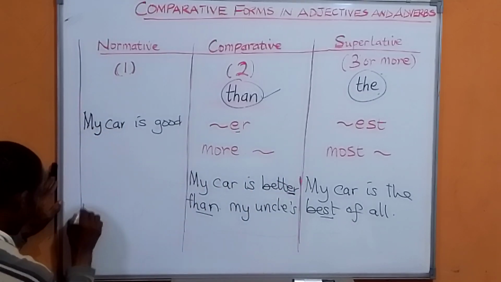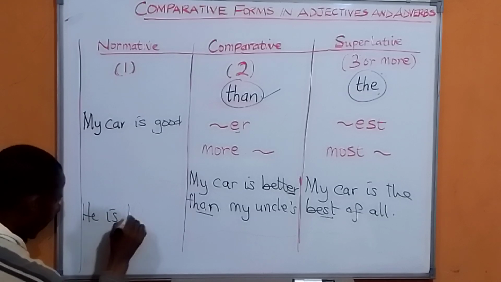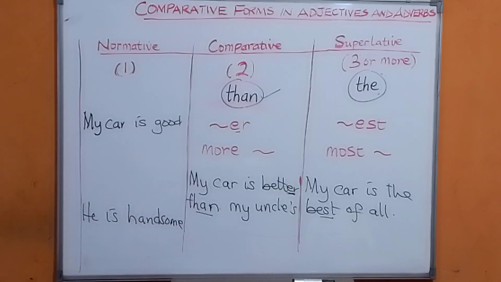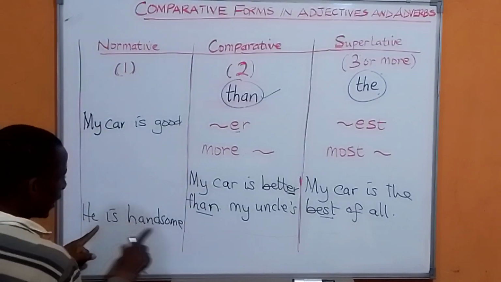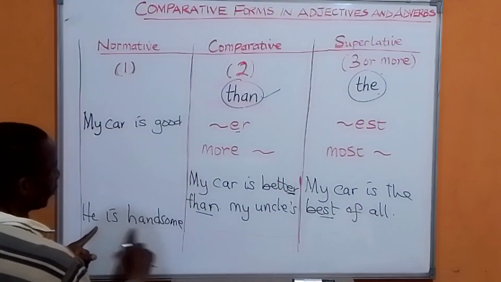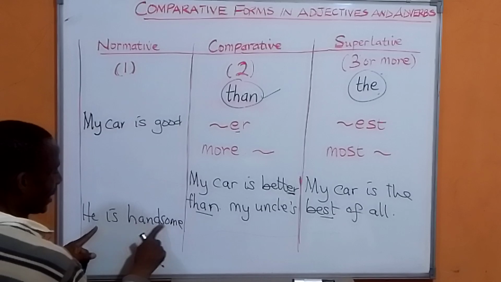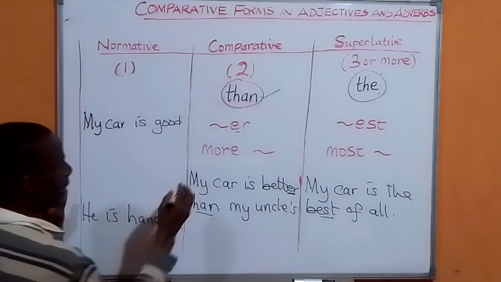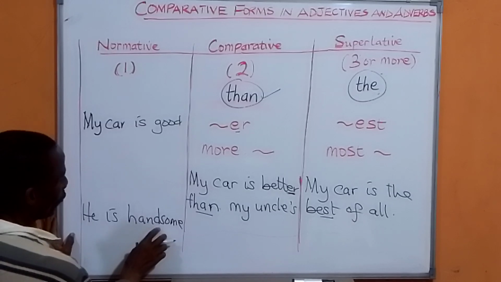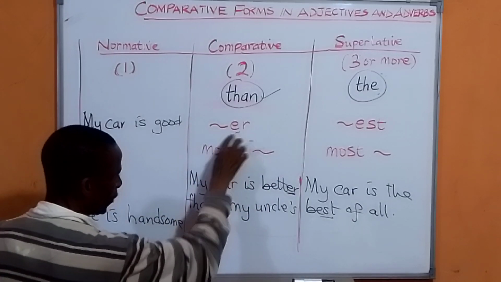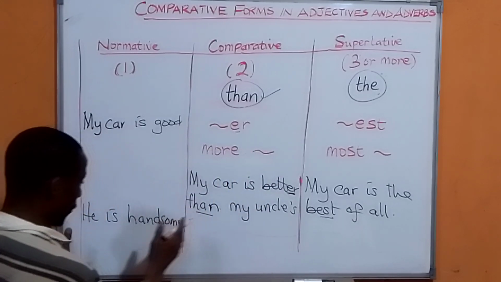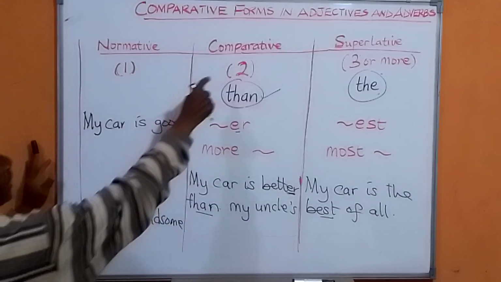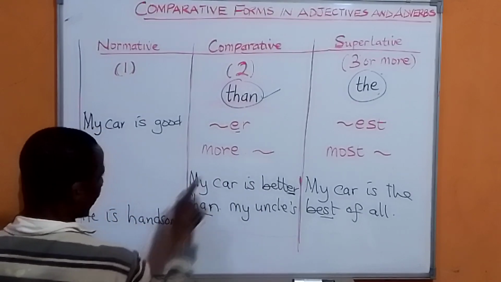Let me say, he is handsome. Normative. You are not comparing the man with anybody. He is handsome. Okay? Now, this word handsome is longer. Because this word is handsome, you cannot say handsomer. You cannot use it. So, if you are comparing the man with another man, that is two, and the word is longer,